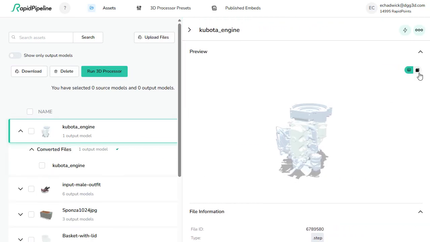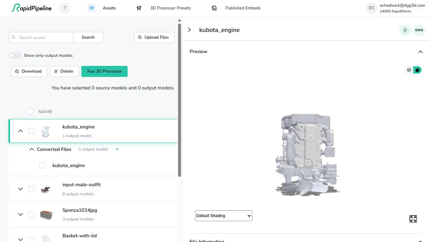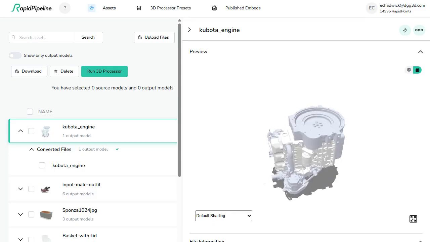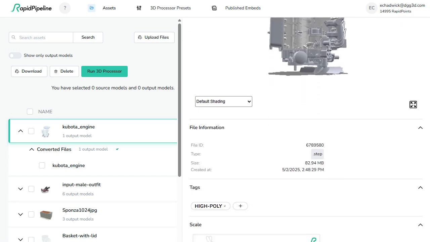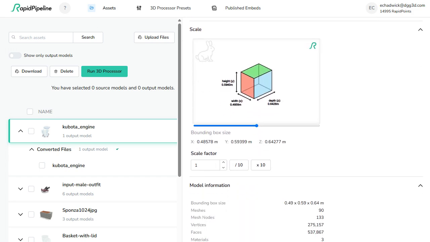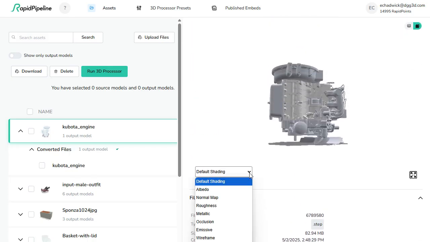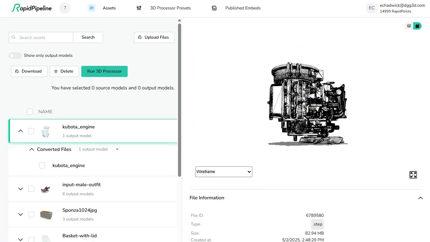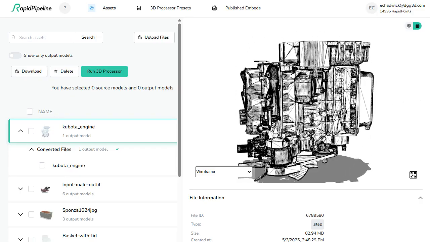Here we're switching from the 2D render to the 3D real-time view. RapidPipeline loads the converted file and shows some helpful data about it. You can change the rendering mode to see other views, like wireframe. Here we can see the CAD was stored in a different orientation, so we'll take a look at how to